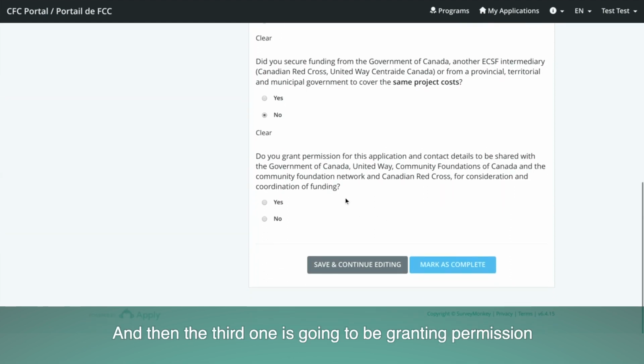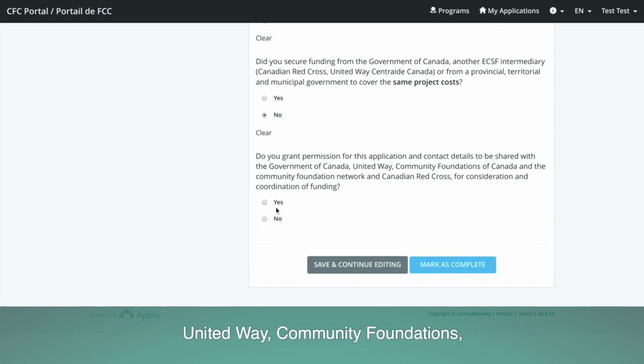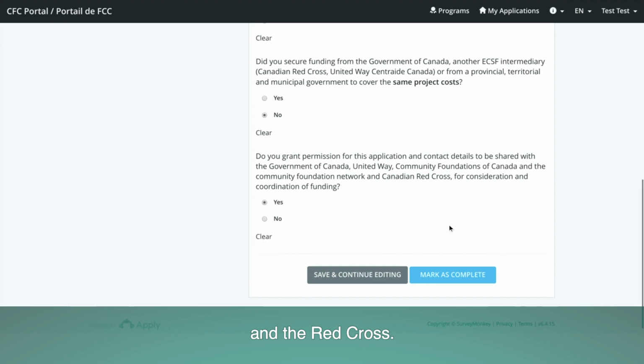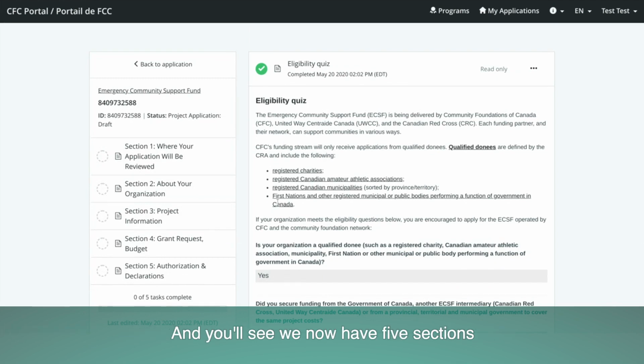And then the third one is going to be granting permission for this information to be shared with the Government of Canada, United Way, Community Foundations, and the Red Cross. Once I've done that, I'm going to mark it as complete. And you'll see we now have 5 sections on the left-hand side of the page that are the different sections of the application. When I click on section 1,